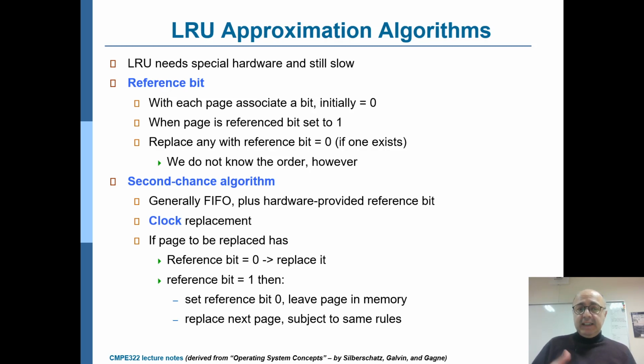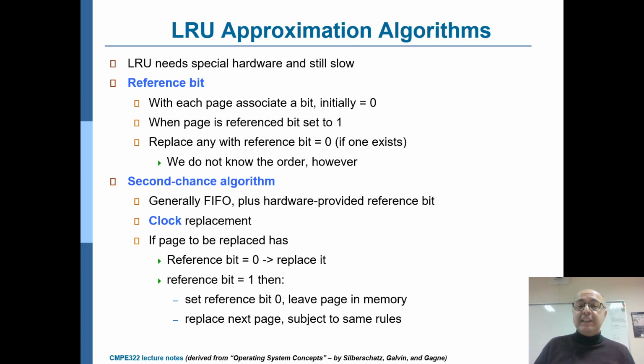So the idea is, in the second chance algorithm, you're still working as in FIFO, but you have again the reference bit. If the reference bit is 0, that means the page has not been accessed for some time, just pick that one as the victim. So in that sense, it's easy. If the reference bit is 1, you don't do the replacement, but you're also clearing the reference bit of that page to 0